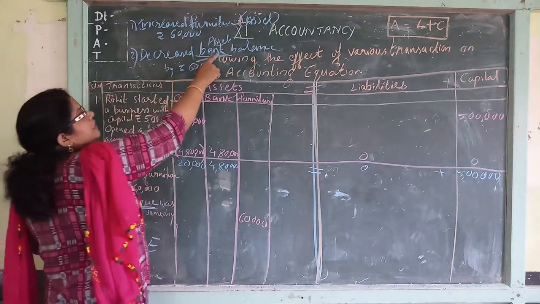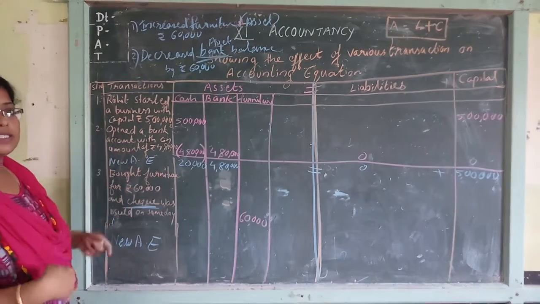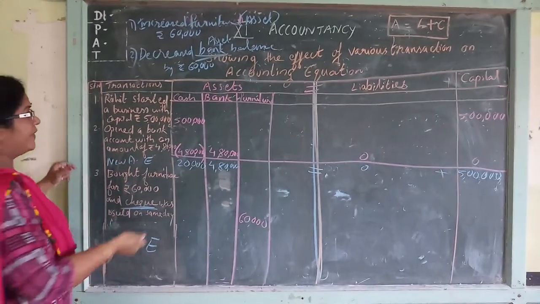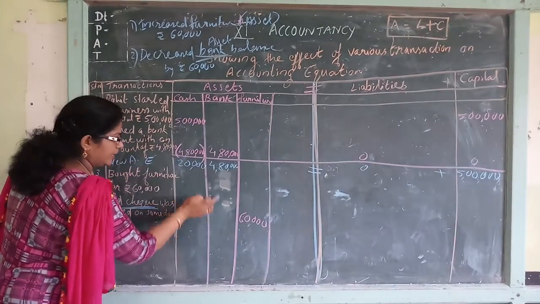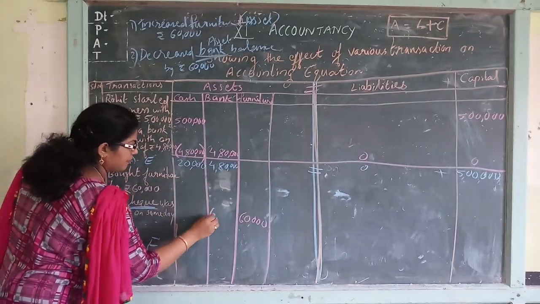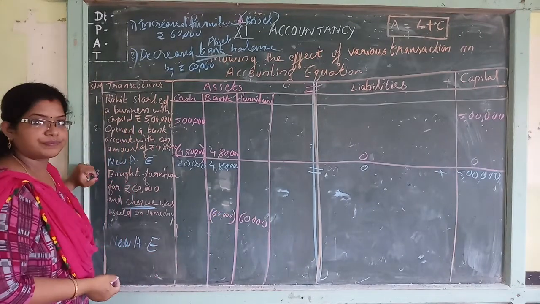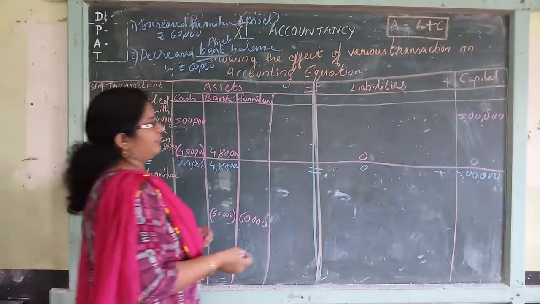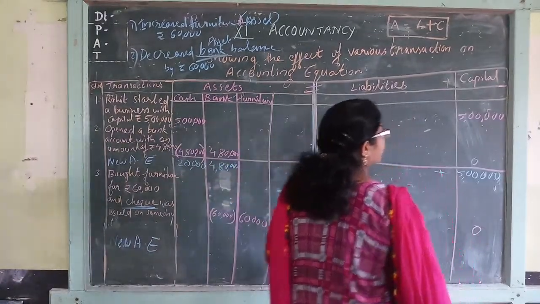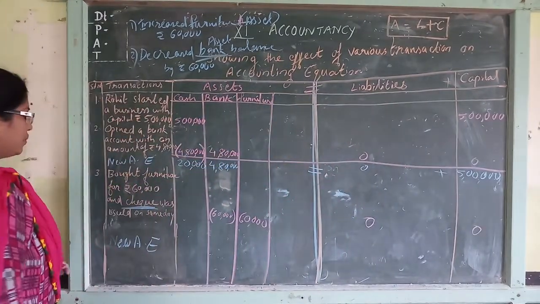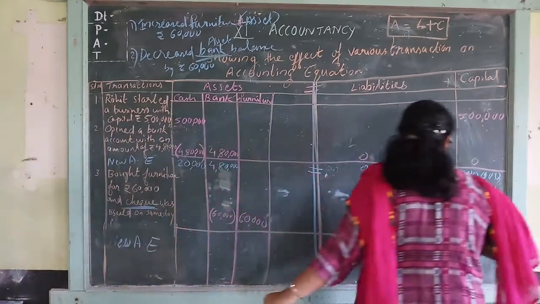But decreased bank balance, isn't it? Decreased bank balance. So where is the bank? Bank is our asset. Bank column decreased. So here in this proper place, 60,000 decreased, in brackets. Okay. So it is not affecting any liability. It is not affecting the capital balance. So we can make a new accounting equation. So close this.